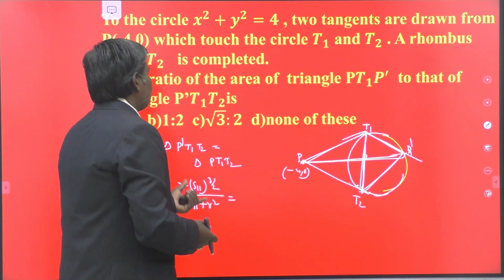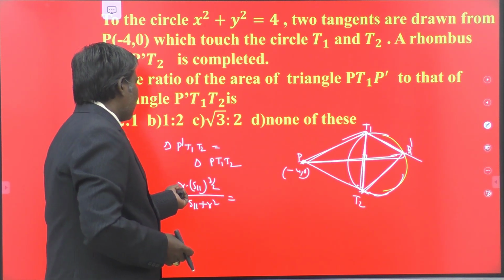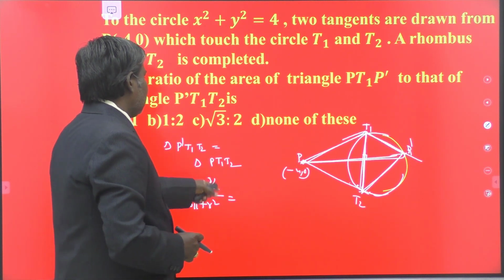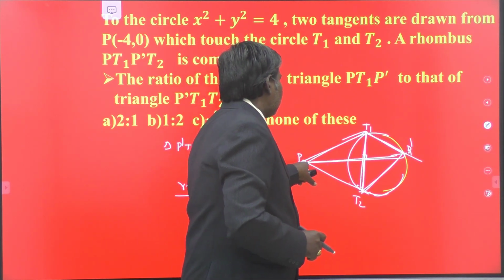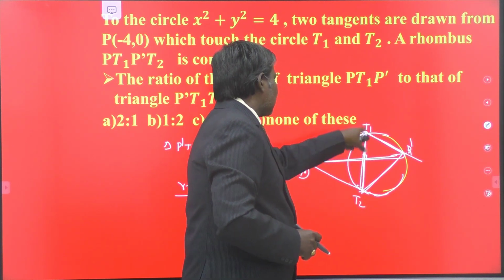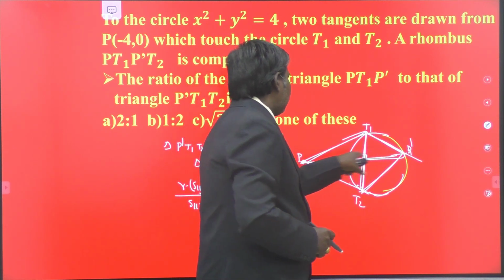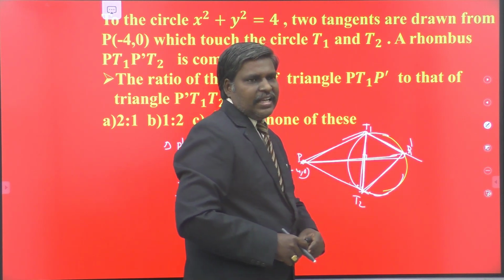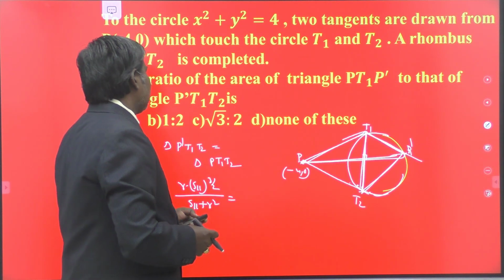So I am going to give this one as homework to you because the areas are very easy to find by using the formula R into S11 whole power 3 by 2 by S11 plus R square. You get one area, and from that you have to find the area of this triangle also. The image of P with respect to this line, that is the chord of contact S1 equal to 0, we obtain P dash also. Once you have this base and the height, that is half of the side line, we can easily find the area of this triangle also. And then you have to find the ratio of the areas of the triangles. Okay.